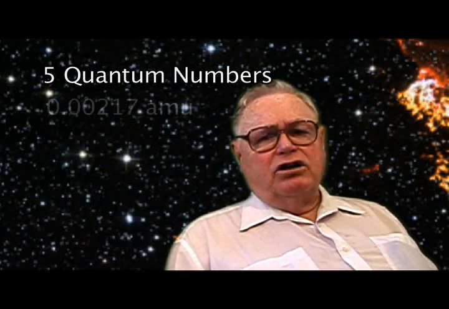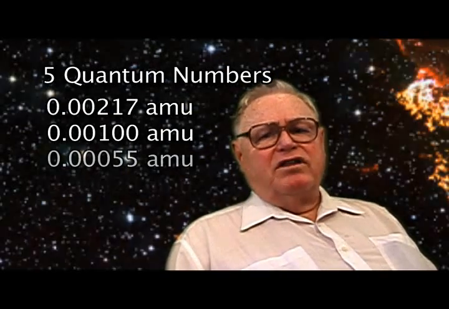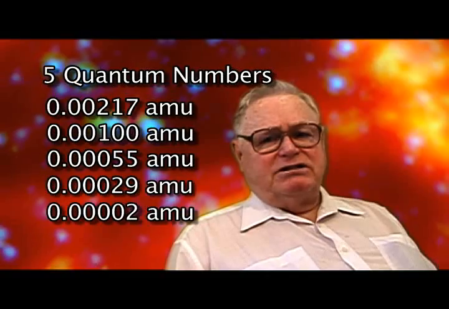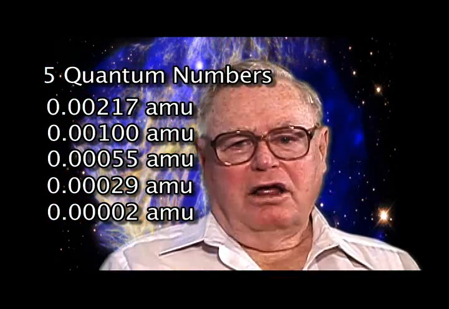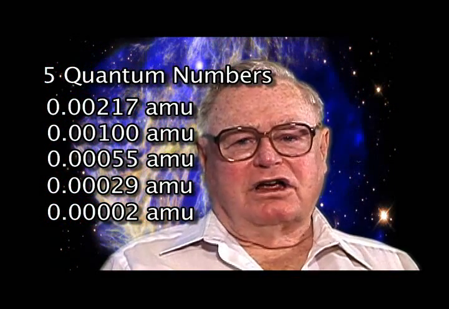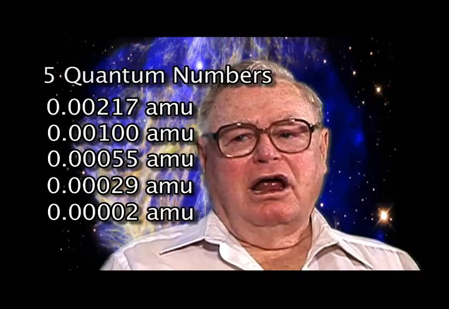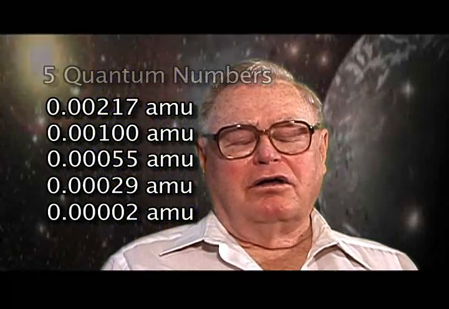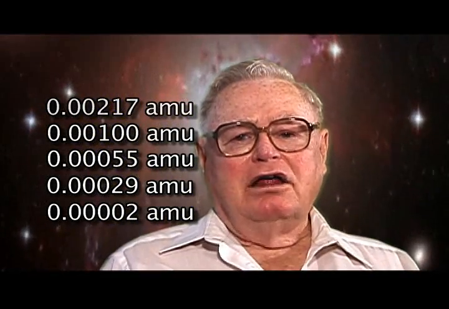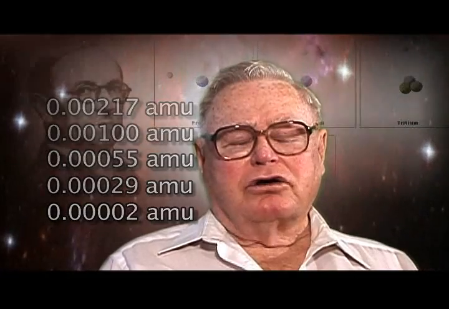Now, in so doing, you're going to get involved with 5 basic numbers. There are 5 such quantum numbers, and all 5 of them are found inside Chadwick's neutron, which has